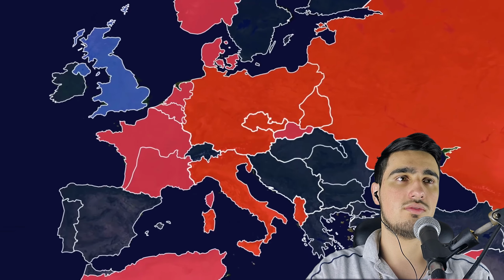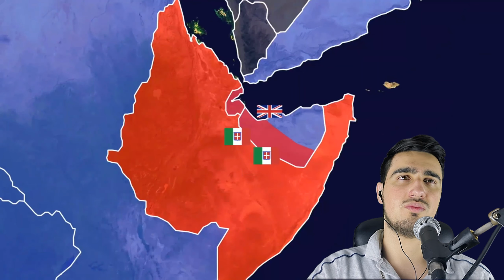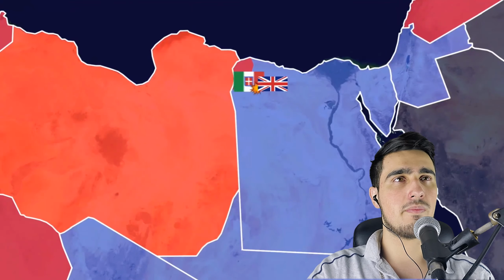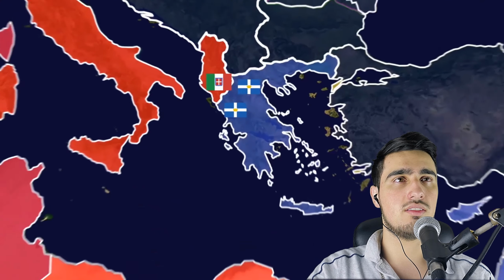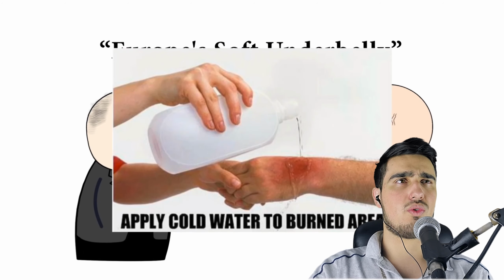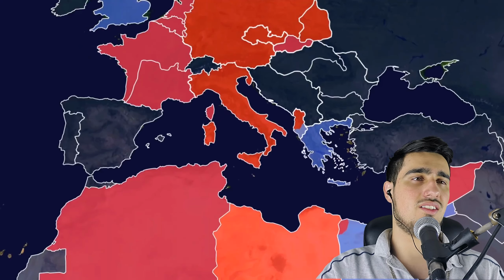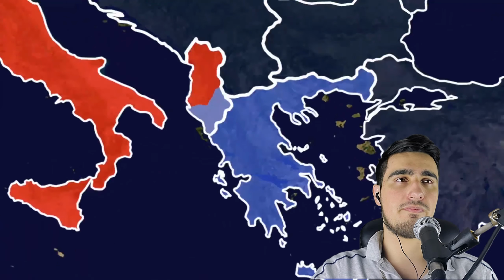Mussolini had seen Hitler's successes, and he thought now it was Italy's time to shine, so he tried to take British Somaliland, and that went pretty well. Then he tried to take Egypt, and that went less well. Then he tried to take Greece, and that went really badly. Churchill began referring to Italy as Europe's soft underbelly. Oh man. He began favoring a military campaign from the south and started sending British troops to Greece.